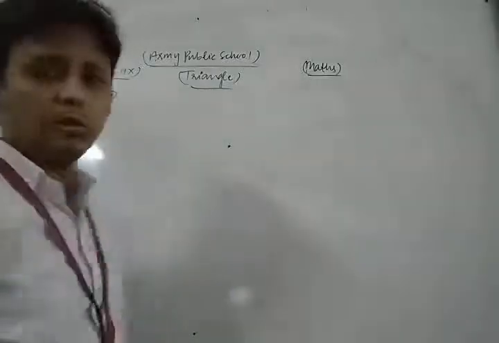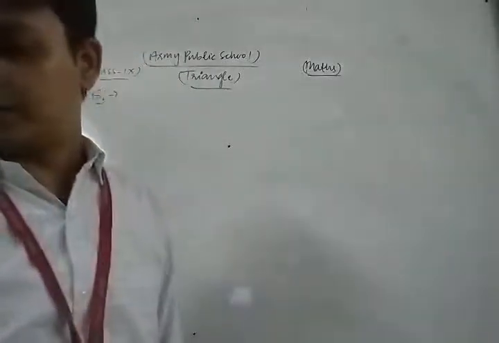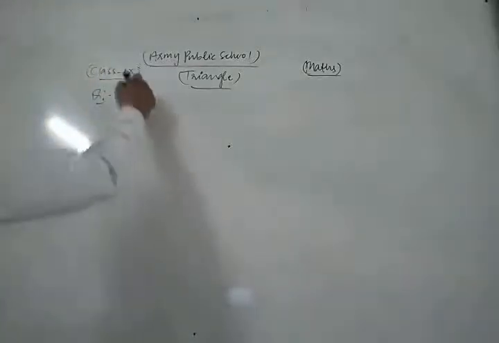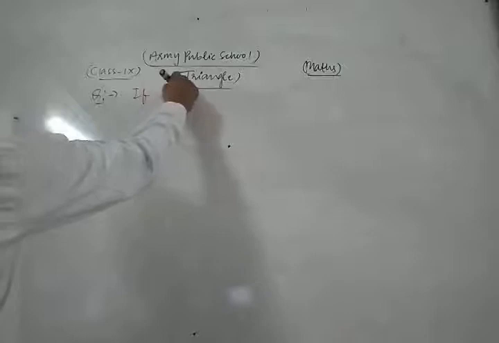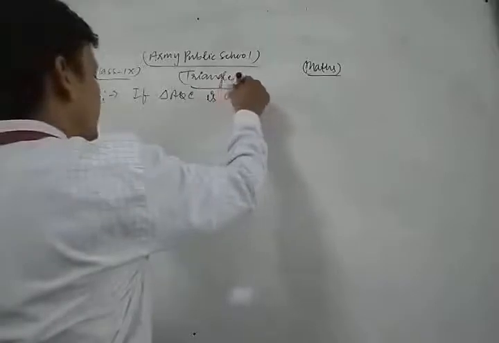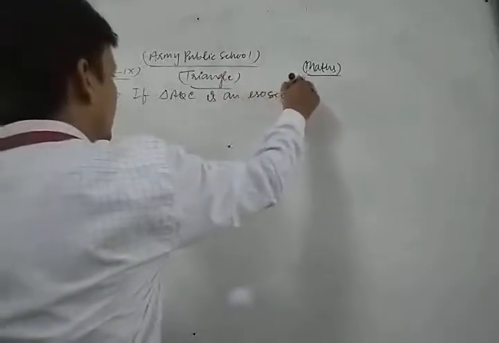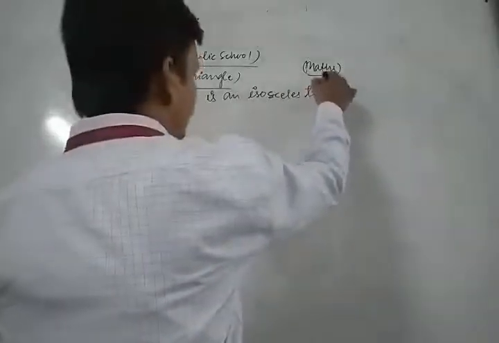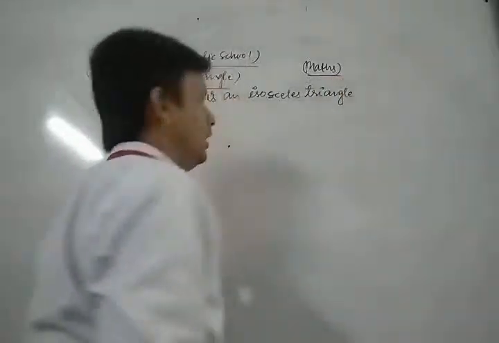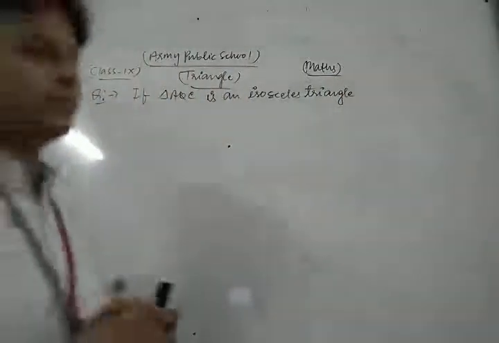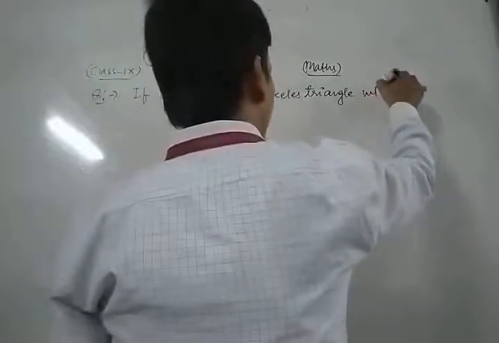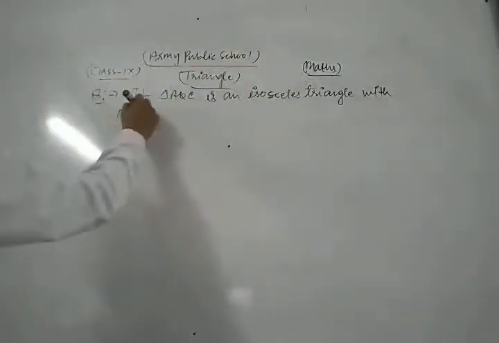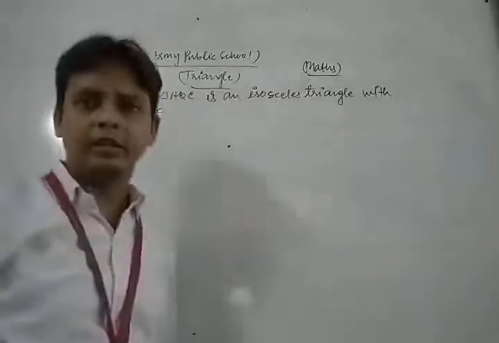Now we take a very important question. This is the NCERT question. If triangle ABC is an isosceles triangle with AB equal to AC,